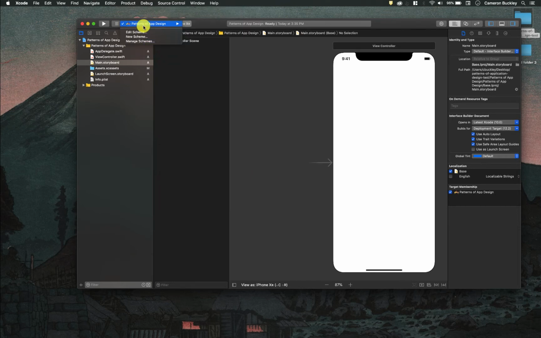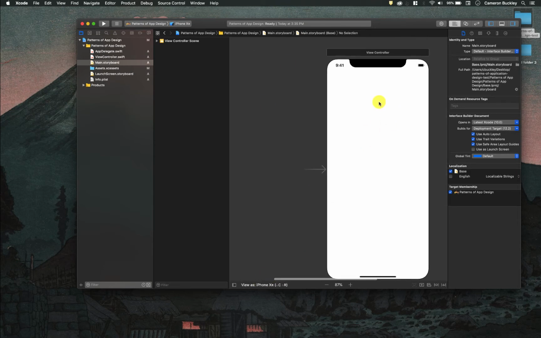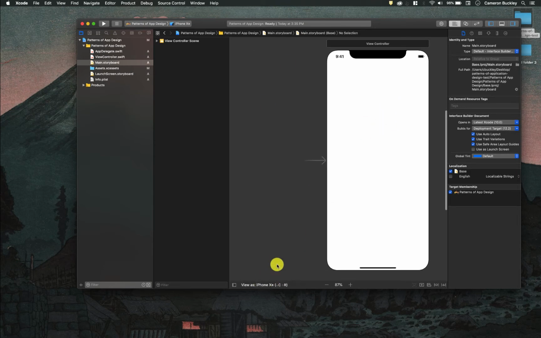Next to that, we have schemes, which we're not going to get into in this class. We have a stop button and a play button, and this starts and stops the simulator. So right now I have an iPhone XR application. I can see that from the interface, and also down here it says view as iPhone XR. And I've selected iPhone XR from this menu, and I'm going to hit play, and we are going to run